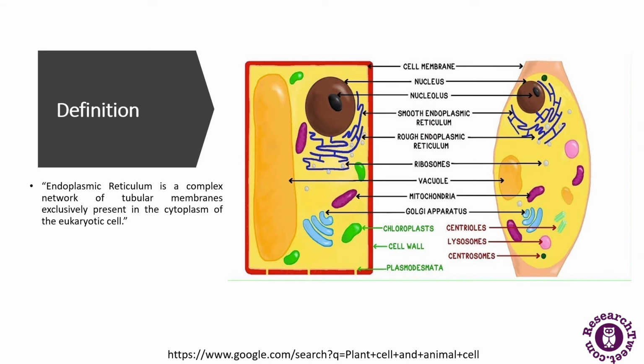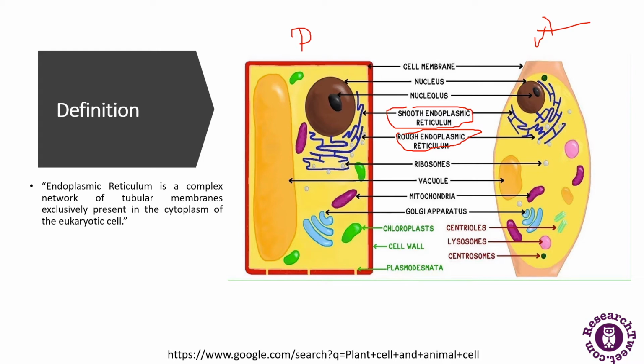Now, as shown here, this is a plant cell and this is an animal cell, and all the organelles are present here. The endoplasmic reticulum has been divided into two parts further, that is the rough endoplasmic reticulum and the smooth endoplasmic reticulum. It occurs in two forms: a type with ribosome structures and another one with a smooth surface. The latter is called the smooth endoplasmic reticulum, and the former is called the